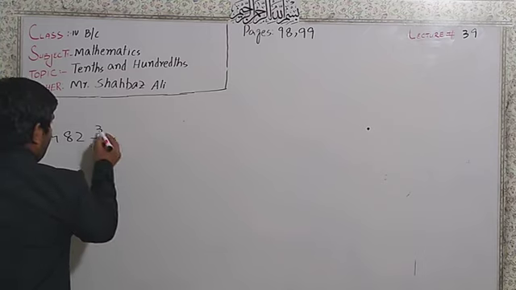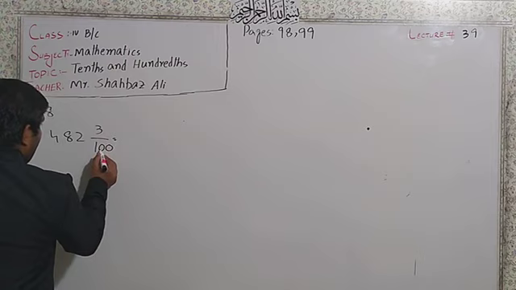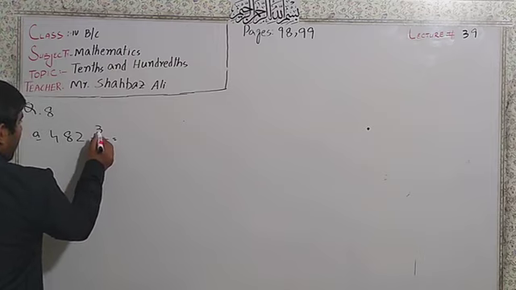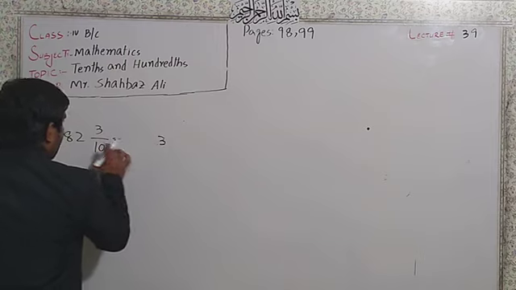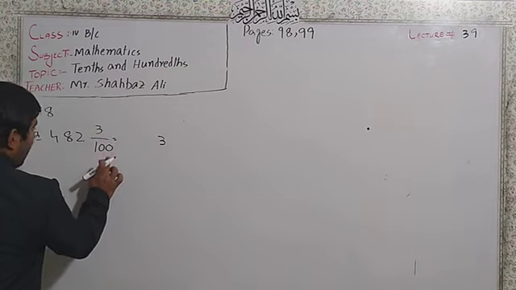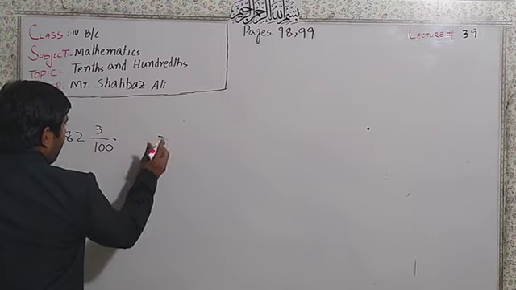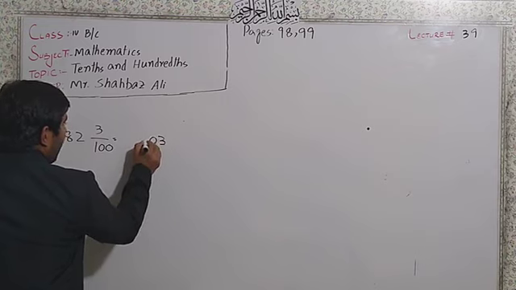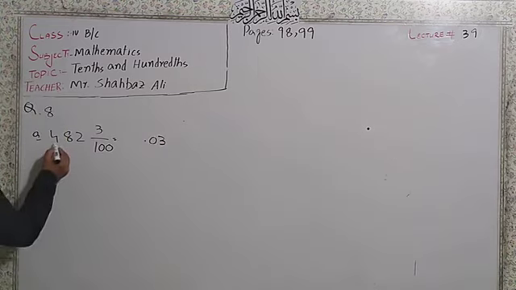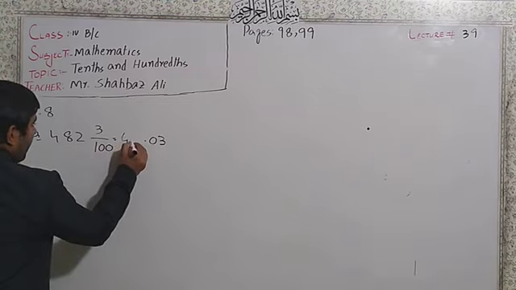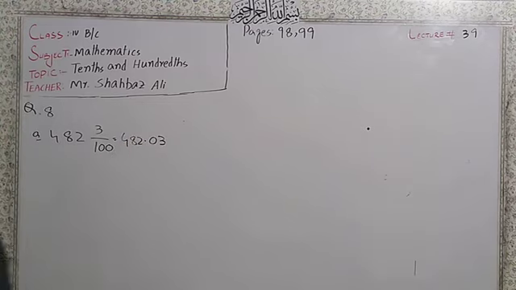So first of all you write this 3, and this is 1, 2. After 2 you put the point. This is 3, this is one number, and then you have 2 zeros, 1, 2. This is hundredths, 1 and 2, and you just put the point, and then you write this as it is, 482.03. This is very easy.